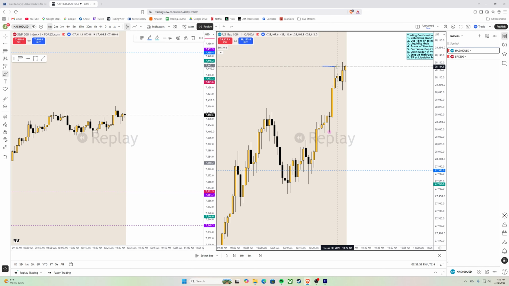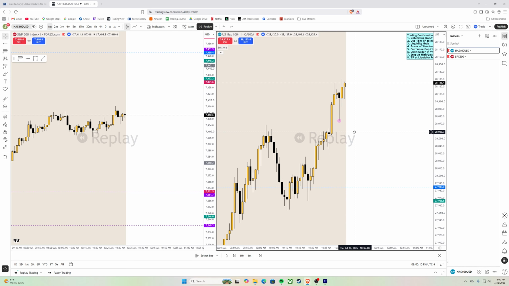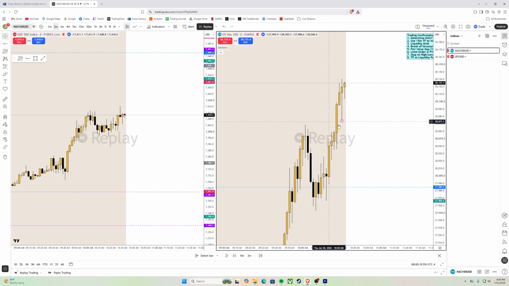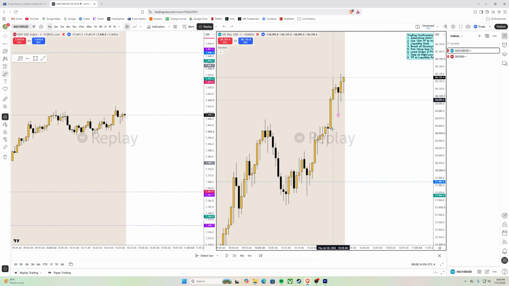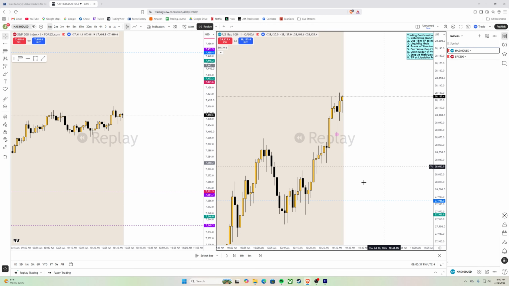Now, of course, this high gets taken out with this candle right here. Prior to this move here, the most recent swing point is obviously down here. So then I move this right here, and you effectively continue stalking price and watching it until it potentially gives you what you're looking for. Sometimes I also check the other time frames. So on a 2 minute time frame, you're seeing that this is in fact a swing low on 2 minute, and then this is also a swing low down here, and then obviously down here. So these are the swing lows on the 2 minutes, and might be on the other time frame, but right now I'm watching price on the 1 minute time frame to see what it does.